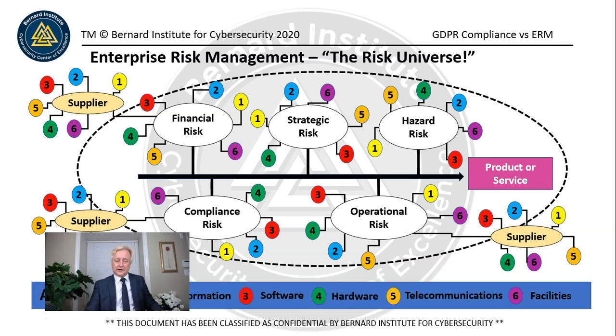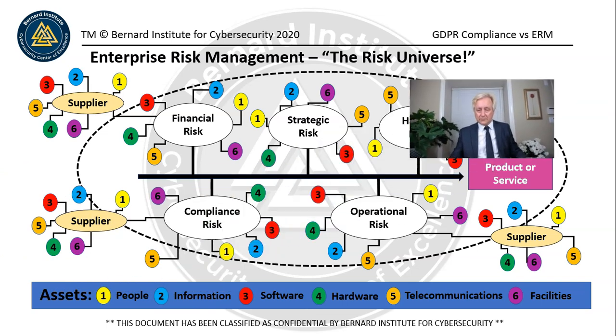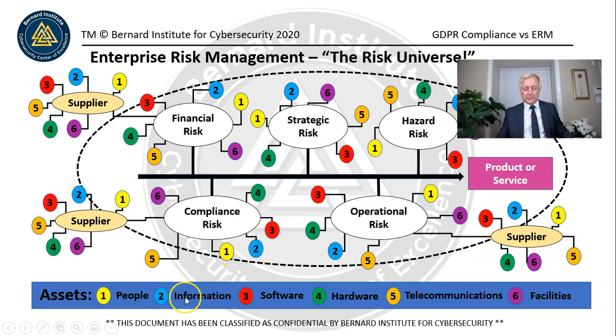And this is the key at the bottom for your reference. Let me move my little image here. There we go. So you can see people, information, software, hardware, telecommunications, and facilities. And the reason why they're grouped like this is because, when you talk about the vulnerabilities and the threats to those vulnerabilities and the exposures to people, if you fix it for one group of people, assets, you might fix it for all of them.